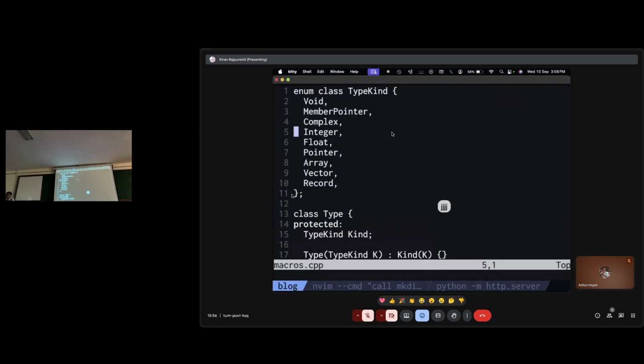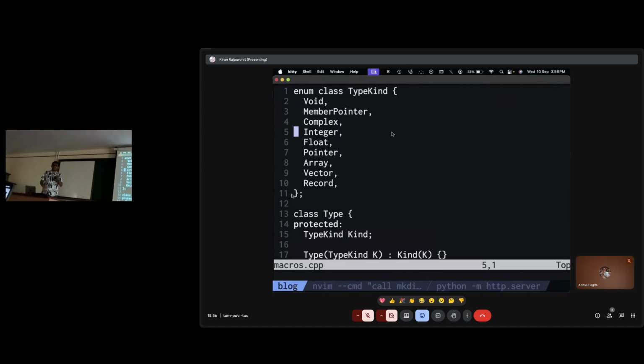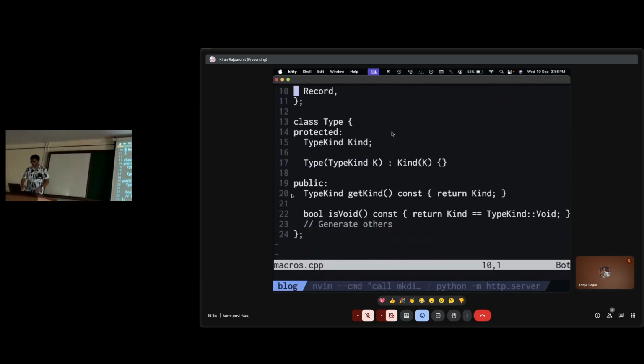Alright. A friend of mine who goes by the name Kiran, he works on LLVMs, right? And he had this C++ enum of different data types like pointers, complex, integer, float, and everything. And we have a type class that holds a type.